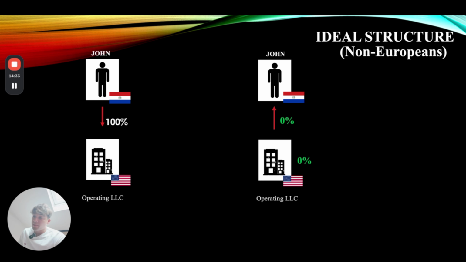Look, there's a lot of people that promote it, and they promote it for a reason. But I recommend this if you're not European. If you don't plan on spending any time in Europe, and you need to make sure that you're out of your tax system, make sure you're using Paraguayan banking, or banking in a different country. Stop using your home country's bank accounts. Make sure you don't own anything in your home country. Make sure you don't spend too much time in your home country. Be careful. It's a nice transition tax residency, but don't abuse it, because it'll come back and bite you in the ass.